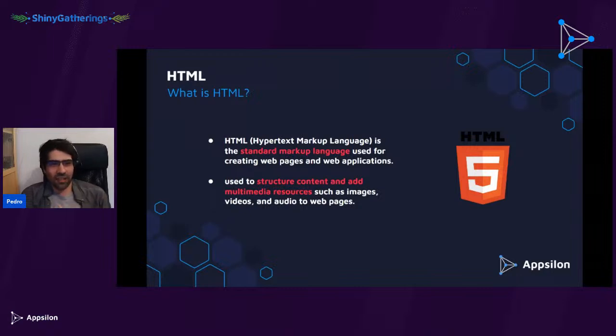Like I mentioned, HTML is more about the structure. It's technically a markup language, so never say that it's a programming language, because some people get very annoyed with it. But it is a markup language, so it does let you define more or less the elements that you have in the page. And in general, it just lets you structure all of these. So it lets you put text, it lets you put images, videos, audio, pretty much anything that you'd like to add to a page does need to have some kind of HTML representation.